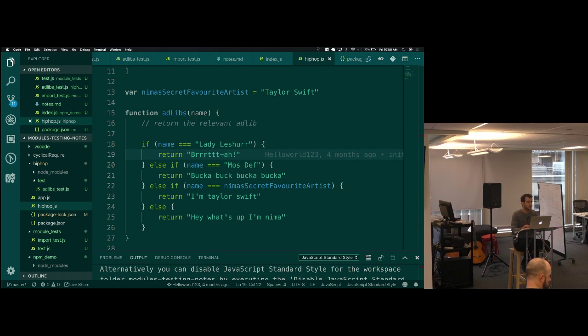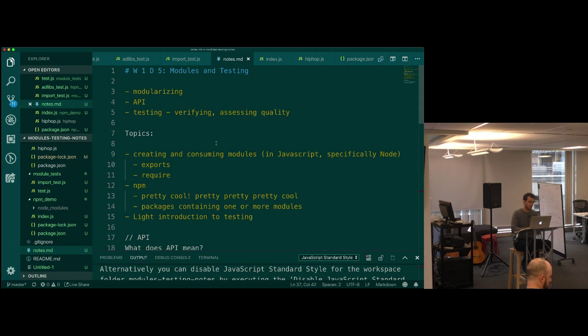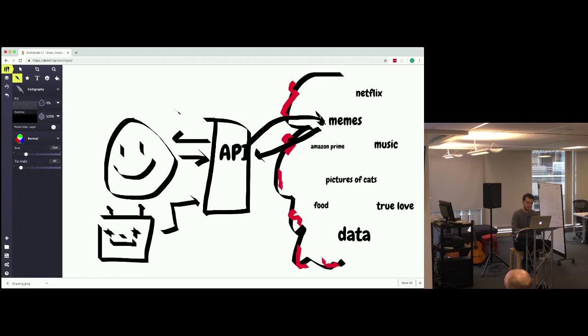Okay, so that's the last thing that I wanted to cover as far as new content. I know this was a lot to lay on you, so I want to go back to the notes, and the only things that I really want you to think about are modularizing and APIs. Modularizing is a thing. You've seen examples of it. You're going to have notes to really dig around in really soon. And APIs are really just this picture right here. That's it. It's just this picture.